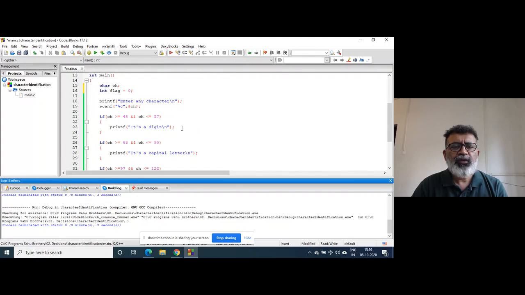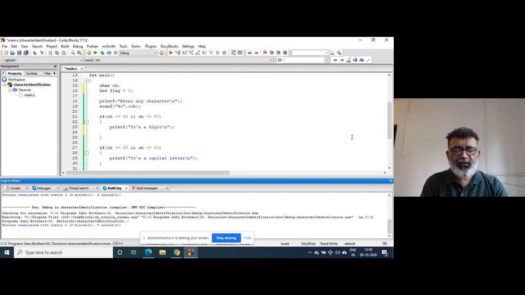So what I will do, I will set the flag here. Rather, I will reset the flag. If control goes inside the if, that is, once it is determined that it's a digit, I will set flag to 1.